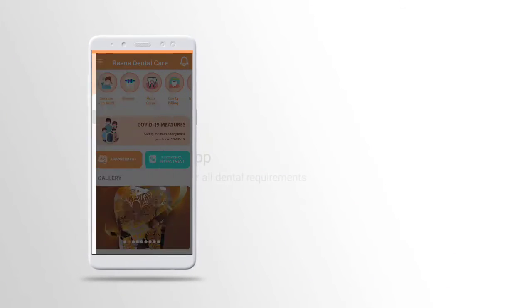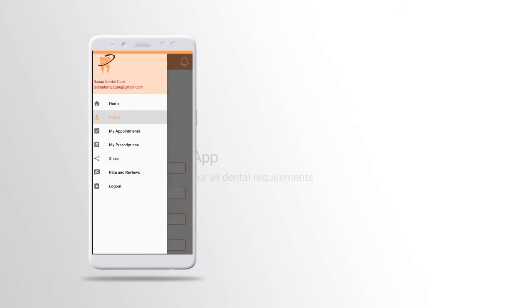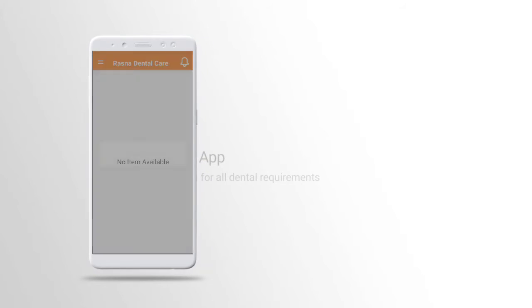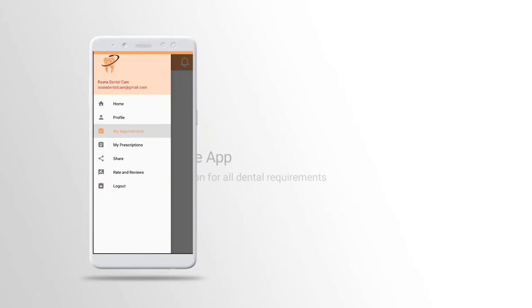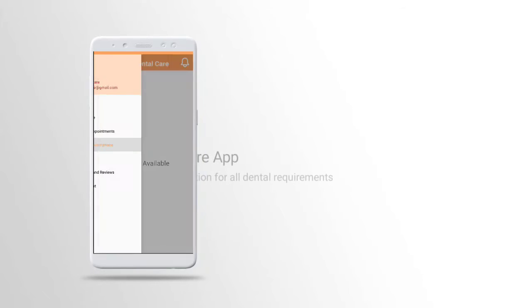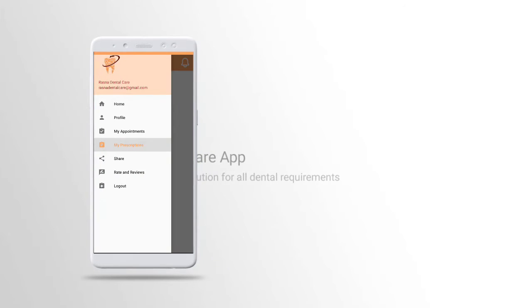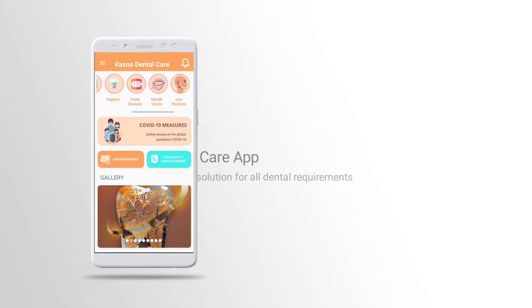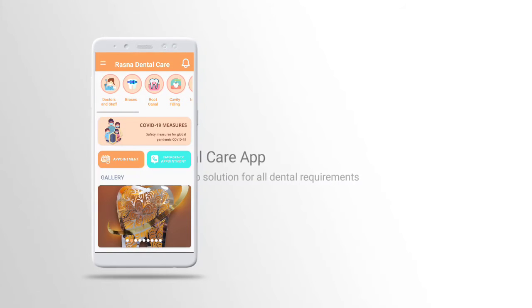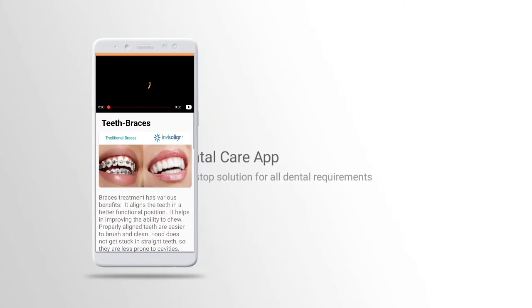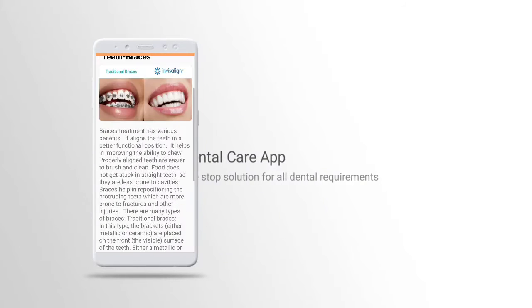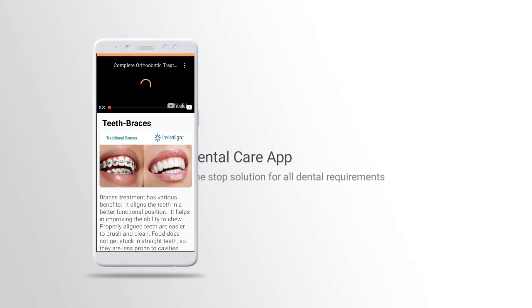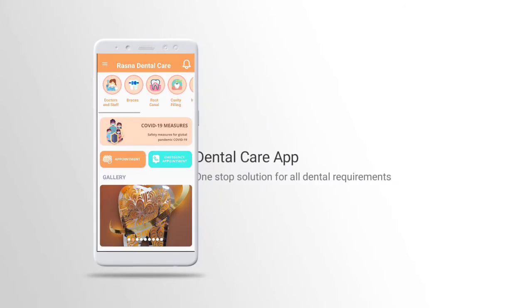If you just click on the menu button, here you can see a lot of menus. If I click on profile, you can see the profile of the patient. Also, in the appointment section you can see your booked appointments, and the same for the prescription. If you have any prescribed things, they will appear there. Also you can see a lot of options here, like the basic information of doctors, some knowledge about teeth and how teeth braces work, like every option you can put here.